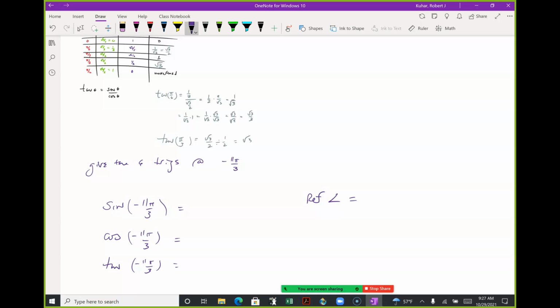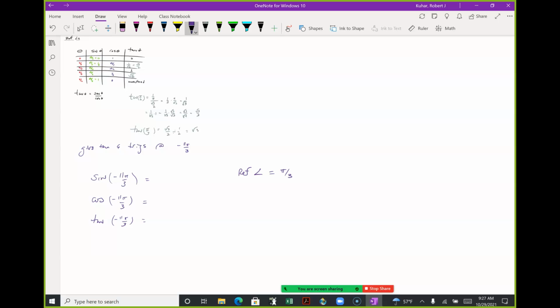Negative pi over 3. Just plain old pi over 3. All I care about is pi over 3. The negative will come in the direction I write the slices of pizza, right? So I want to cut pi into 3, which means the whole thing into 6. This one is hard to do because you can't include the y-axis. I don't want you including the y-axis, but you can see my circle here,